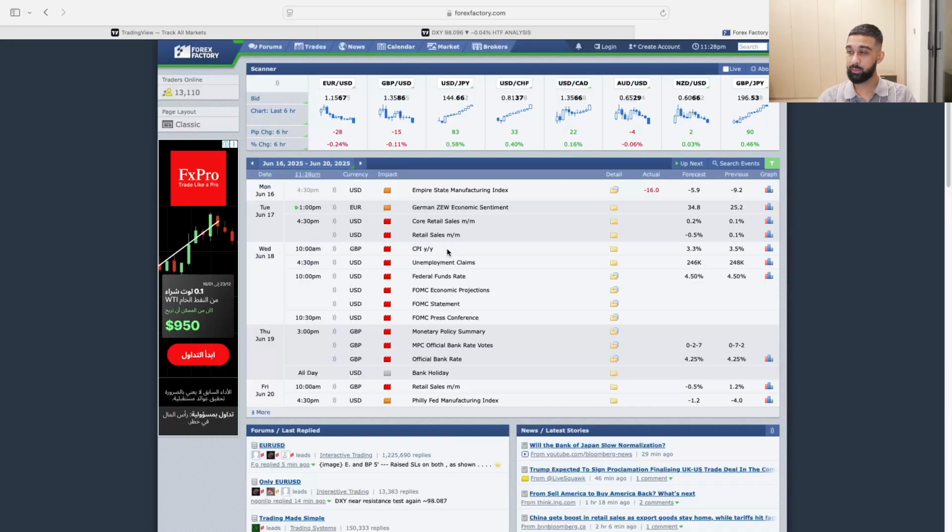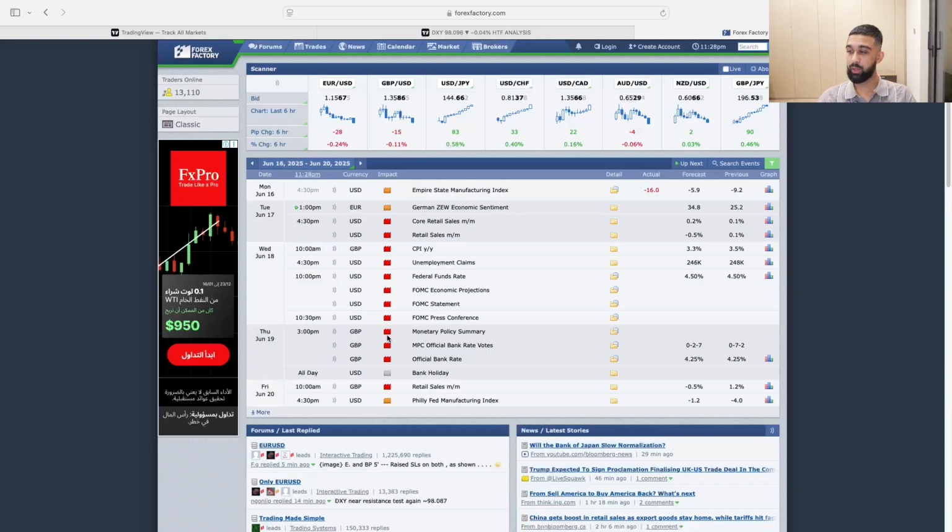And then on Wednesday we have GBP CPI, which is obviously a large folder for the pound. We also have semi-high impact at 4:30, which is unemployment claims for US dollar. Then we have high impact at 10 p.m., which is the FOMC statement. This is the actual FOMC statement at 10, and then 10:30 on Wednesday.